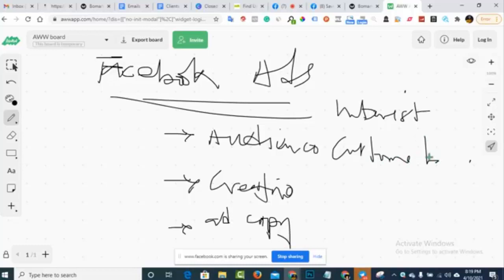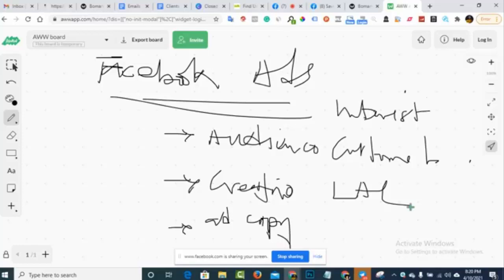Some people call them retargeting audience. It's still the same thing. If they say go and create custom audience, it's still retargeting audience because that's what you use for your retargeting. So we have interest-based audience, custom-based audience, and look-alike audience.